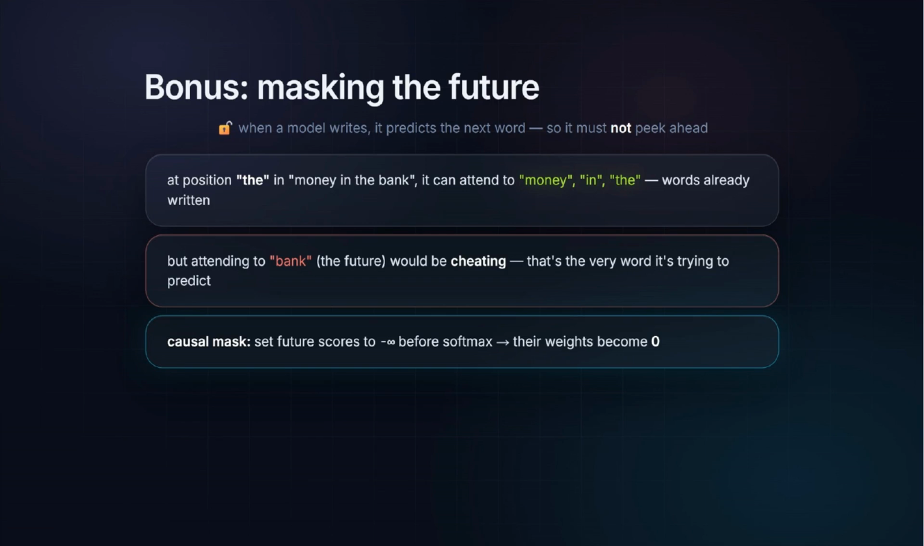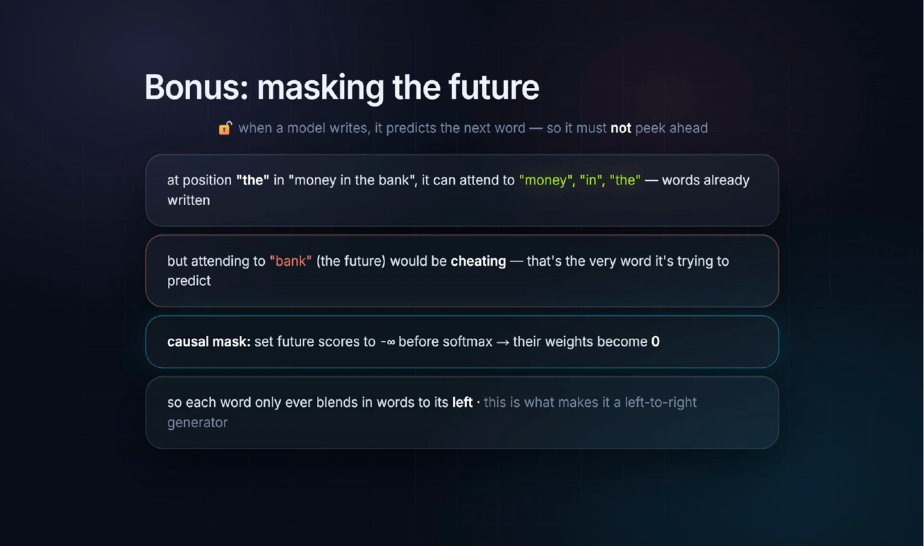The fix is the causal mask. Before the softmax, you set every future word's score to negative infinity. After softmax, e to the minus infinity is 0, so those future words get exactly 0 attention weight. The result: every word can only ever blend in words to its left. That single trick is what turns attention into a left-to-right text generator. And notice, it's the same 4-step math we already learned. We just black out the upper right triangle of the score grid first,